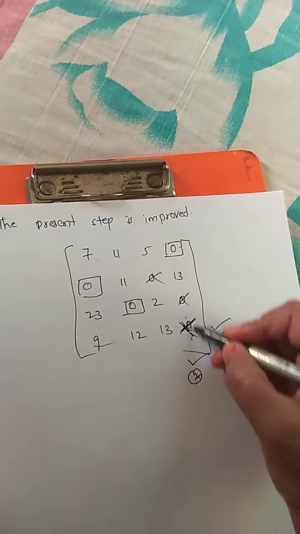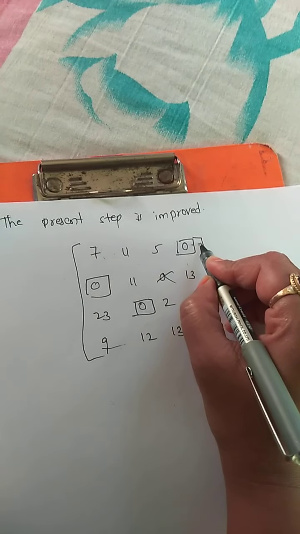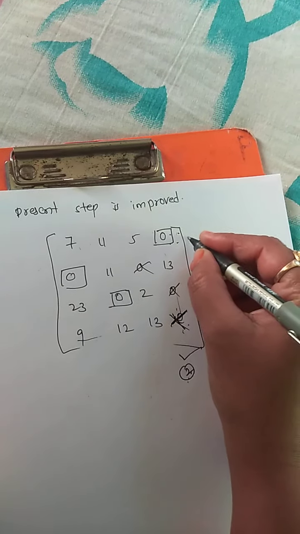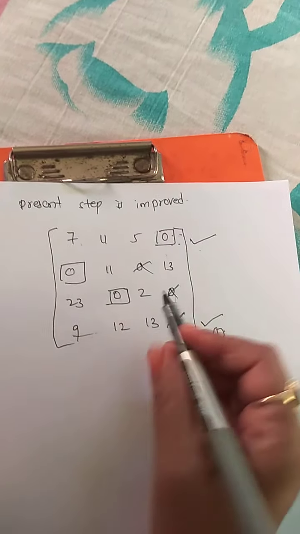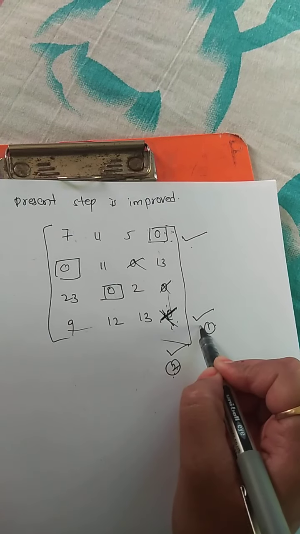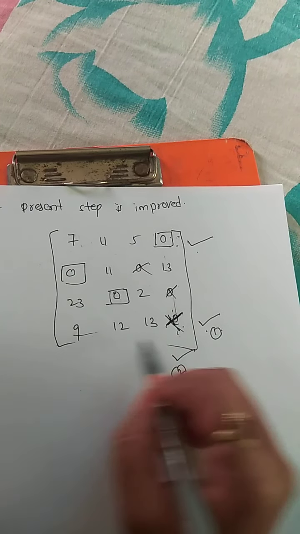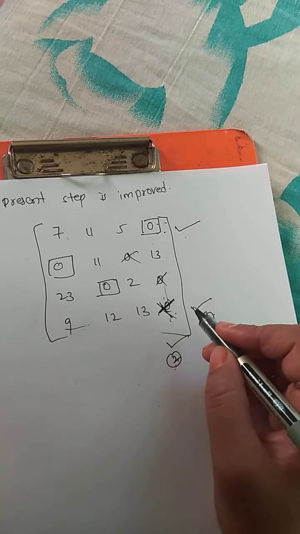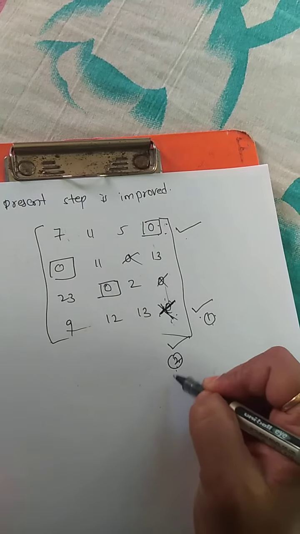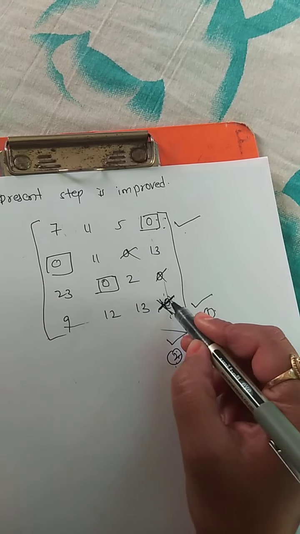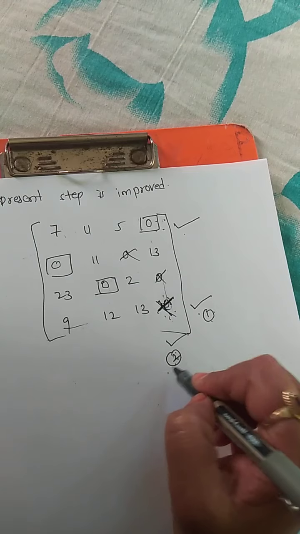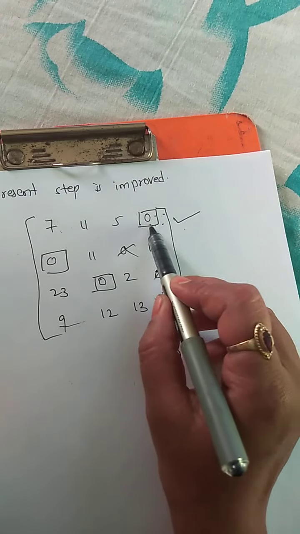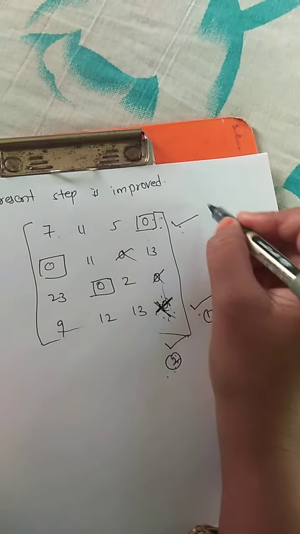Okay, so in this column where the assignment is made, in this row assignment is there, so you have to tick this row. First step, where the assignment is not made, you have to tick the row. Here there is no assignment, so we tick this entire row. In the second step, where the 0 is available, you have to tick the column. Here 0 is there, in this row 0 is there, so we tick this column. Next, in this column where the assignment is made, you have to tick the row. That is the third step.